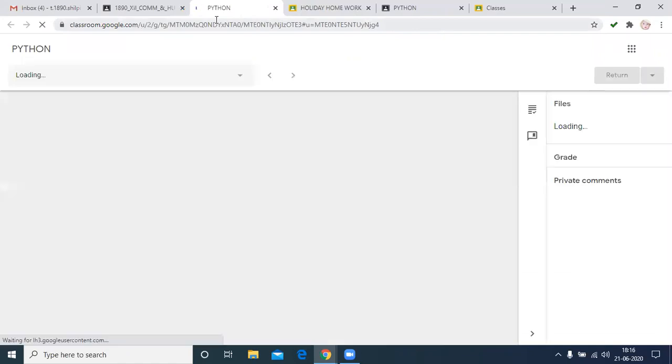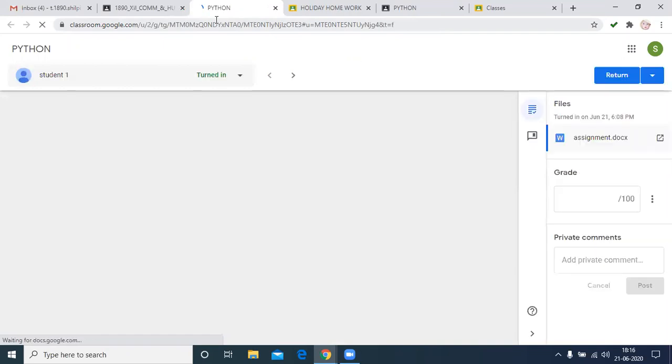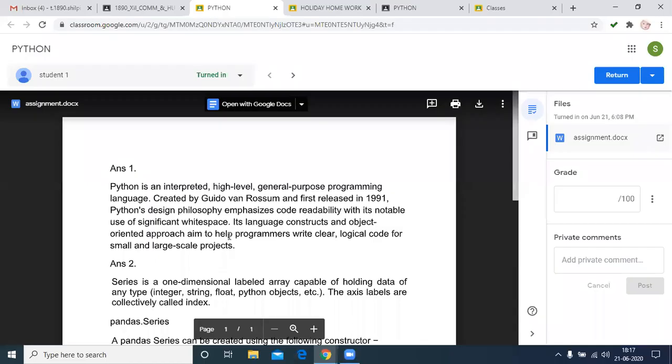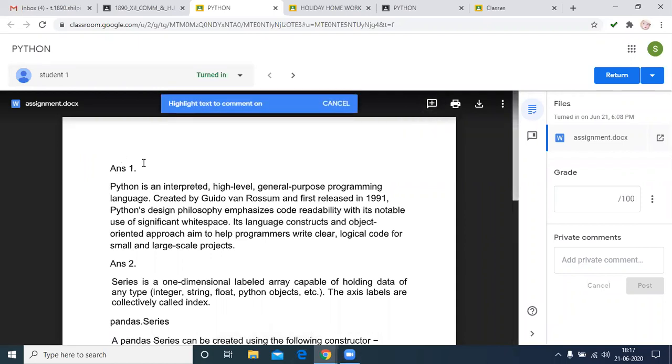And again we can check the copy of this student. Then this one is open. This is the assignment. Again check with the help of the plus sign and give the comments. Again this is similar. Then we can also download with the help of the top right side.